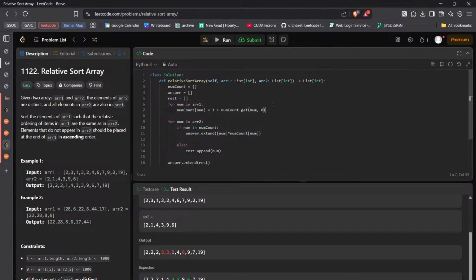So whatever is in the rest, when does it come in the rest? If it is in array 2, if not in array 2, if not in array 2, then I'll do rest dot append. Otherwise, if it is in array 2, then